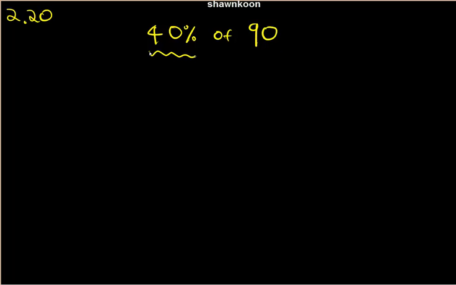So here, this is the same thing as 40% times 90. But we can't multiply this percent with a number, which means we have to change this percentage into either